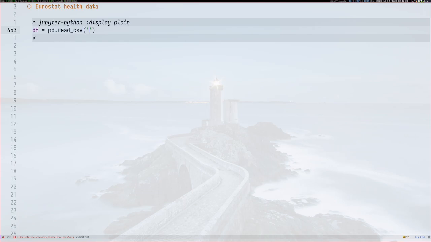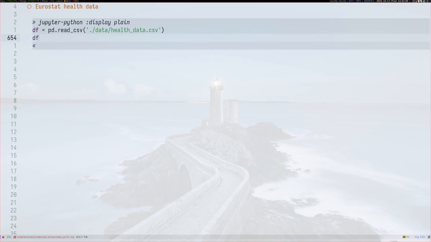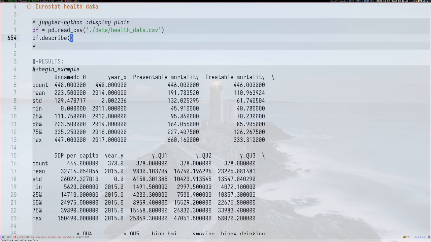And if you save this in the same place as I did before, this was in the directory data, and then we have this file health data.csv, and then let's quickly describe what the data looks like. So let's run this. So we load the data,